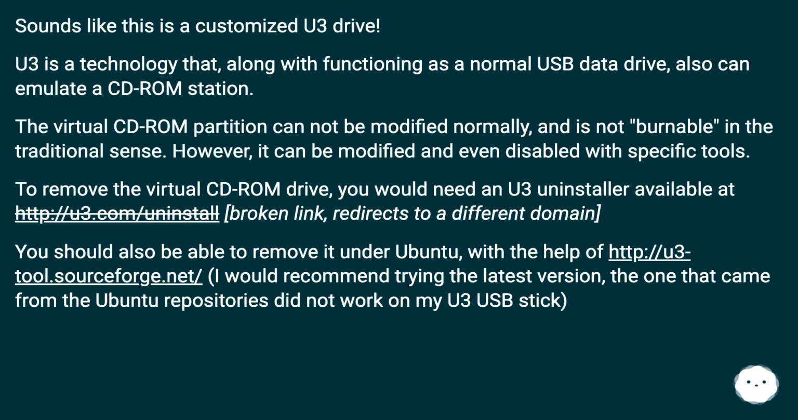Sounds like this is a customized U3 drive. U3 is a technology that, along with functioning as a normal USB data drive, can also emulate a CD-ROM station. The virtual CD-ROM partition cannot be modified normally and is not removable in the traditional sense. However, it can be modified and even disabled with specific tools. To remove the virtual CD-ROM drive, you would need a U3 uninstaller, available at a link that is now broken and redirects to a different